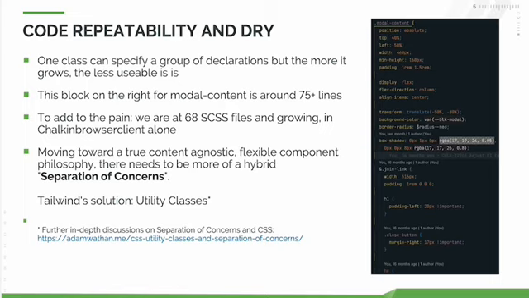So to add to this, we're currently at about 68 SASS files in Chalk and Browser alone. We want to move toward a true content agnostic, flexible component philosophy, right? There needs to be more of a hybrid separation of concerns. The creator of Tailwind wrote a very interesting article for those of you that like to get into that kind of thing. A link down below on his evolution as a CSS developer and why he created Tailwind and